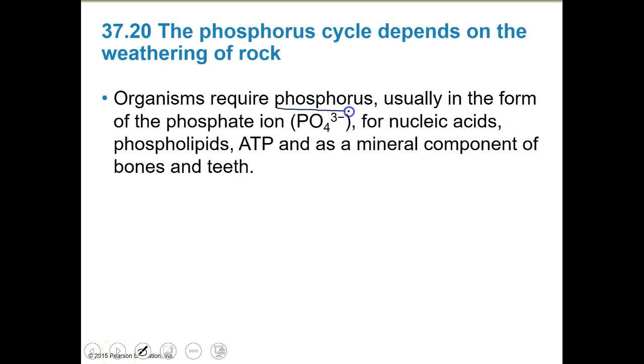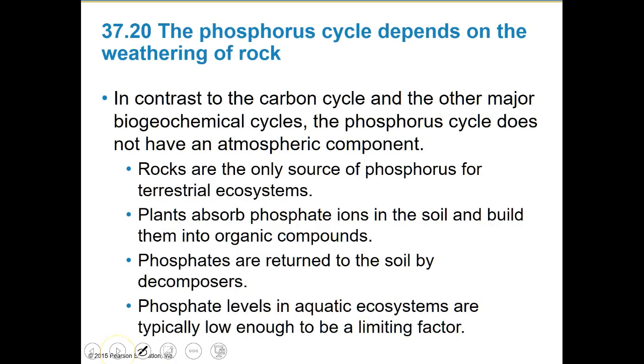Organisms require phosphorus, usually in the form of a phosphate ion, PO4 3-, for nucleic acids, phospholipids, ATP, and mineral components of bones and teeth. Phosphorus is important, and we usually find it in that phosphate ion. In contrast to the carbon cycle, however, the phosphorus cycle does not have an atmospheric component, so there's no atmosphere involved here. Rocks are the only source of